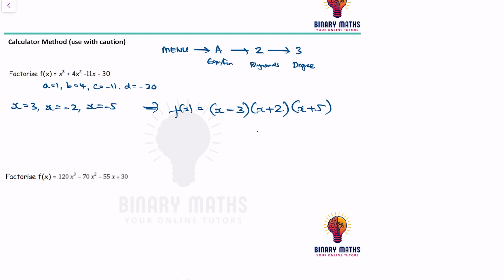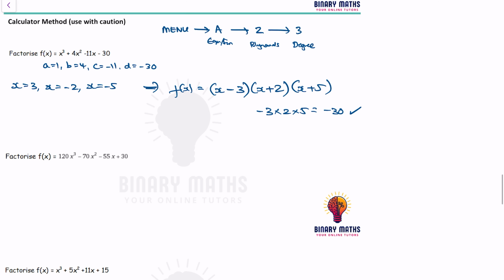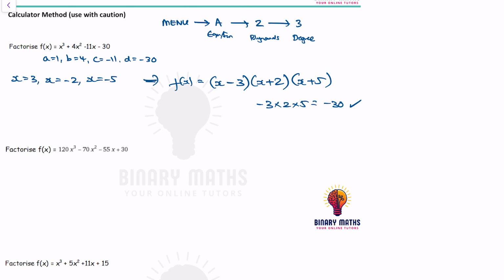And if you do minus 3 times 2 times 5, you do get minus 30, which is the last term. So it does work out. So the first case is a simple case where it works out. Now in the second case, when you put a is equal to